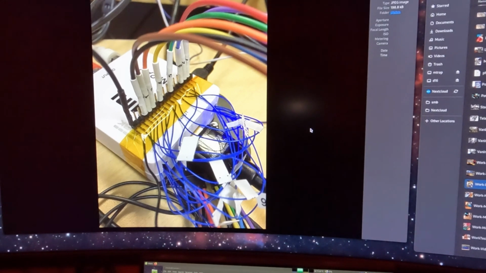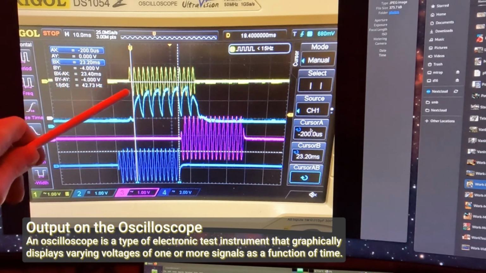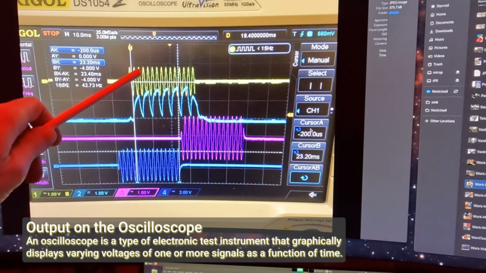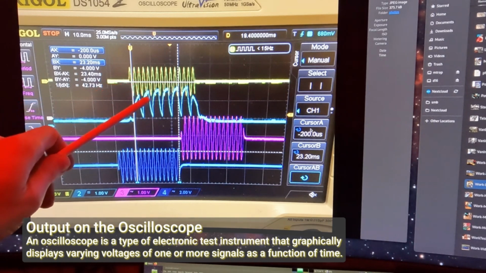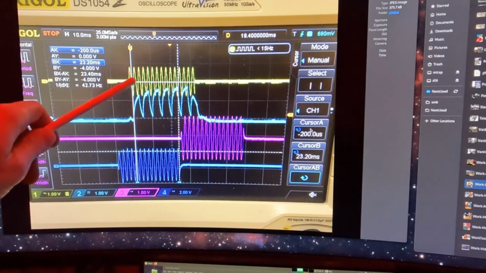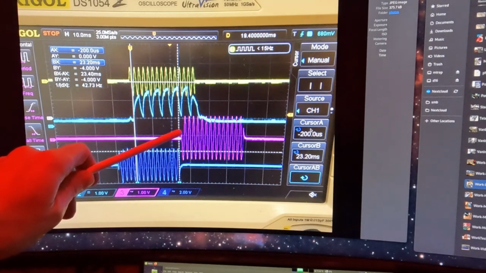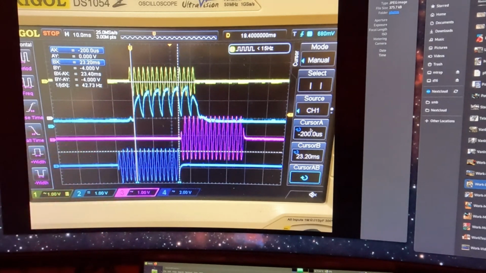And the nice thing, just as an example, I'll show you what the output of this looks like on the oscilloscope. What I do here is I hook up the video traces, and what's happening here is there's an audio signal and a video signal, and I can see the audio signal going in and the video signal going in, and then I can see the audio signal going out and the video signal going out. So this lets me know how